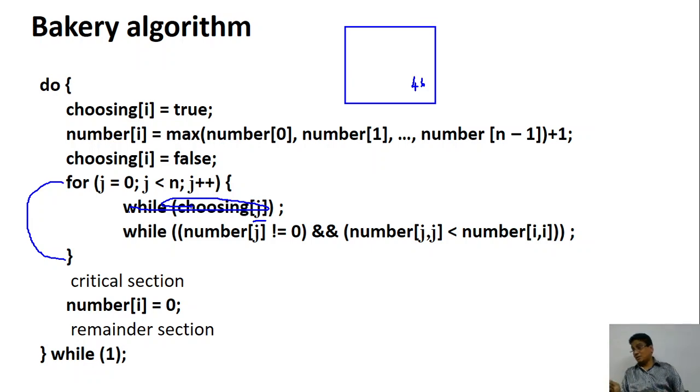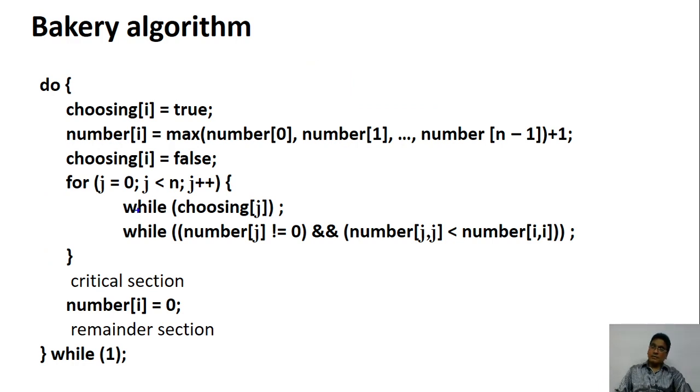You don't know, because one person is not given a token. If everybody is given a token, then you know that your token is the least. You cannot say that. So remember, you can't say that my token number is the least one. Why? Because they are giving a token to one person. You have to even count that. Once that person comes and says this is my token, then only you say my number is less, that is why I will go. So if you find that any process is waiting for the token, then you wait until the token is issued to them.